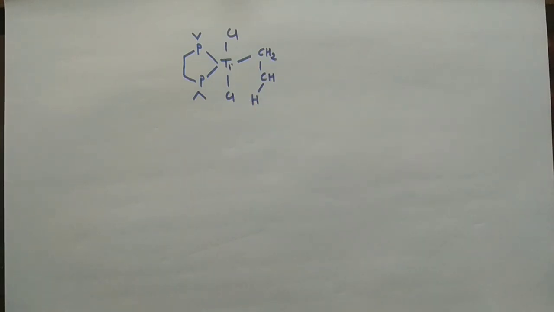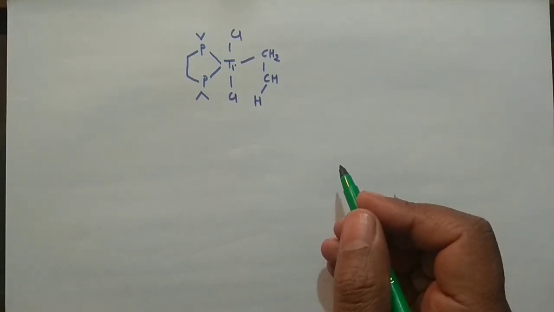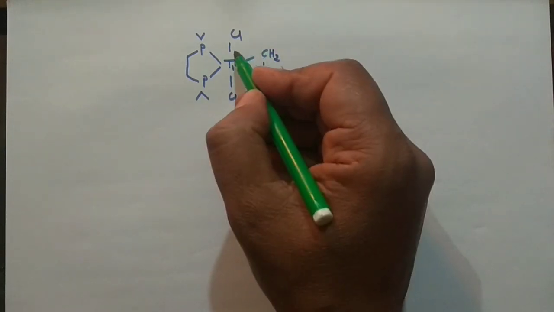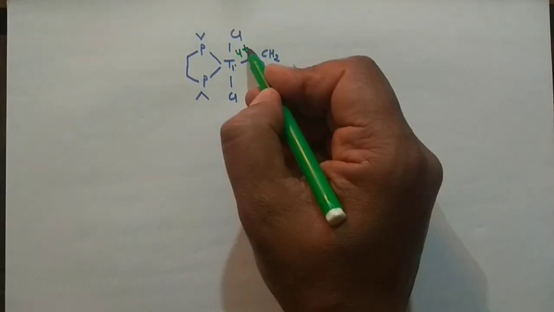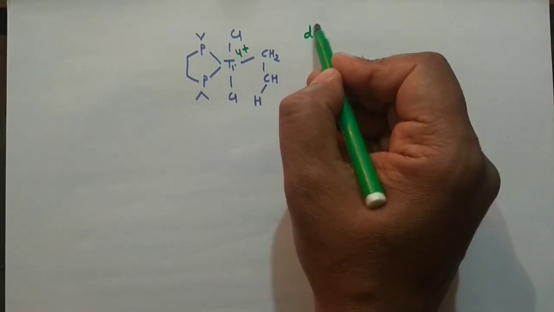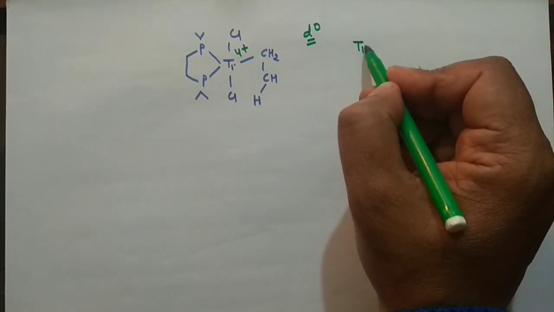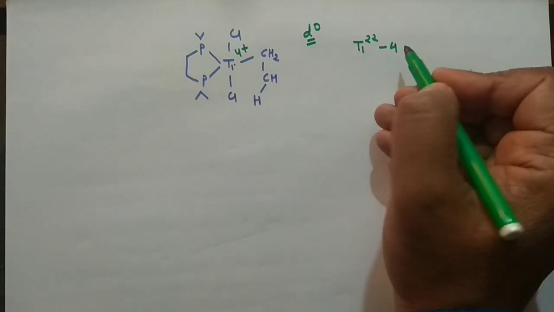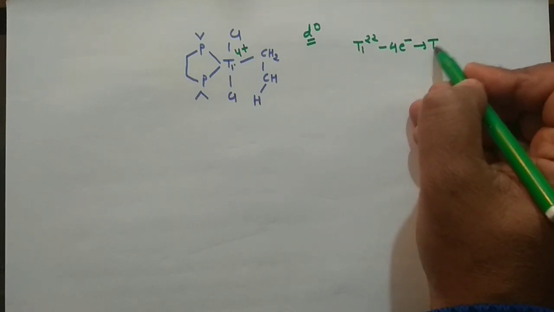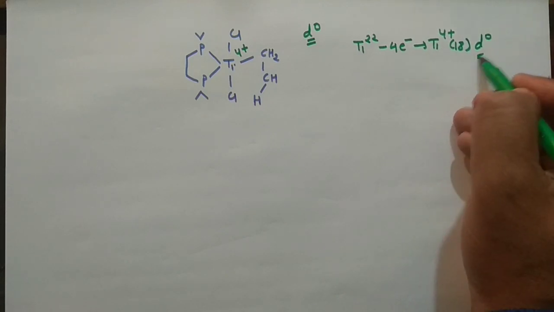See, in that case the oxidation state is what? I think it is 1, 2, 3 and 4. 3 or 4 you can check, right? So a higher oxidation state is there. See, it is 4 positive. Okay, and when the oxidation state is 4 positive, that means it will have the d0 configuration, the point which I have explained. See, titanium is what? Titanium is 22, when it loses 4 electrons, right? So it will form Ti4 positive. That means total electrons would be 18. So it's a d0 configuration.